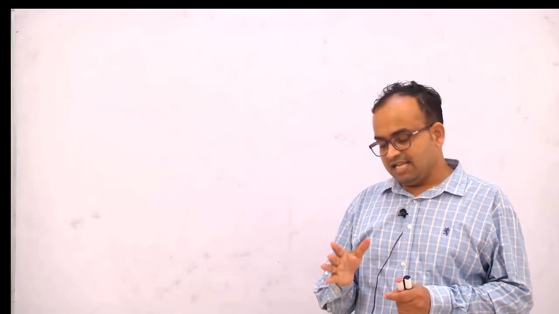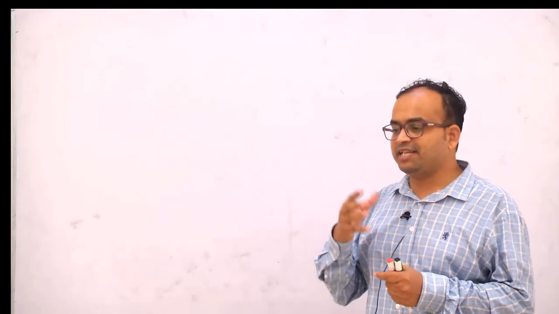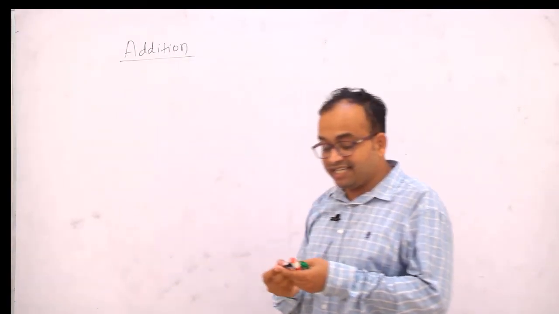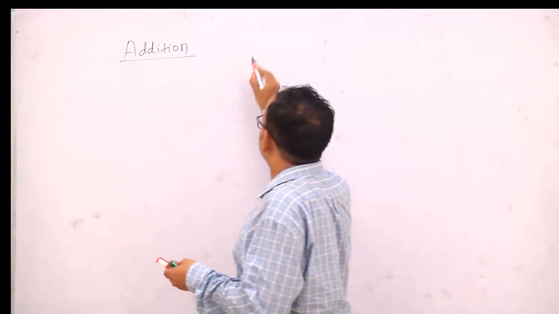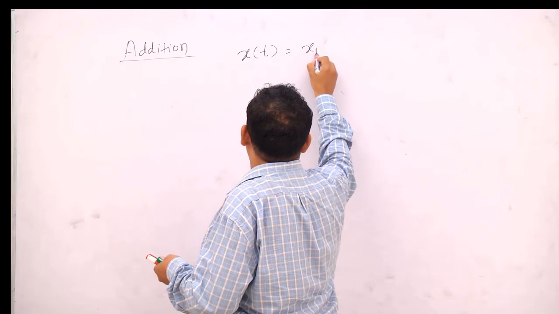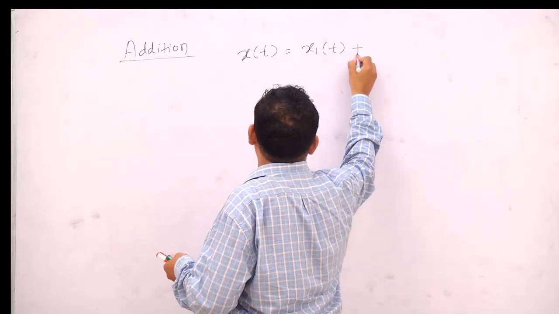So first I will show the addition of signals. This is very easy and very interesting also. How can we form any signal? We can draw any signal by using basic signals and the addition operation. We'll see it one by one, step by step. So now let me draw the additions. Let us write a signal x of t, which is the combination of x1 of t plus x2 of t.